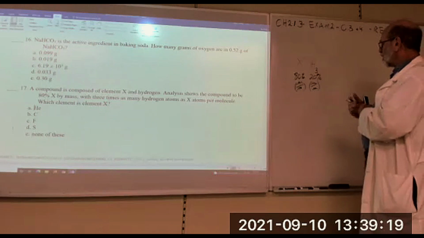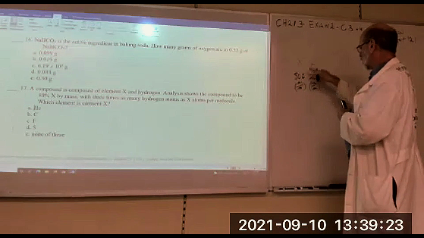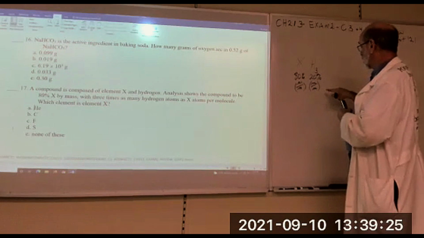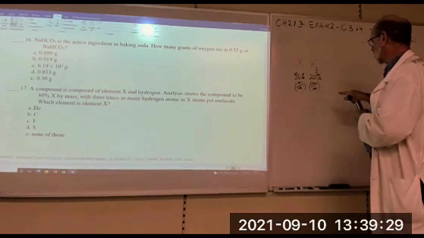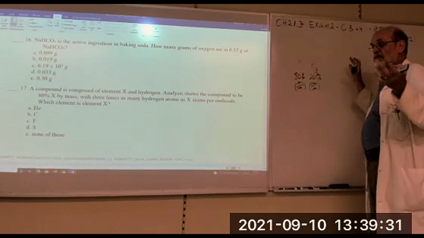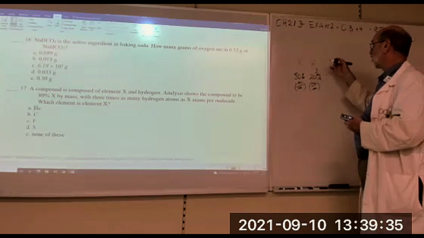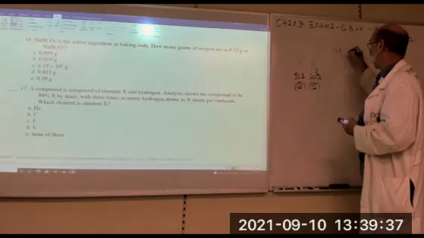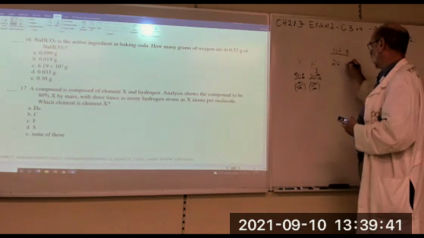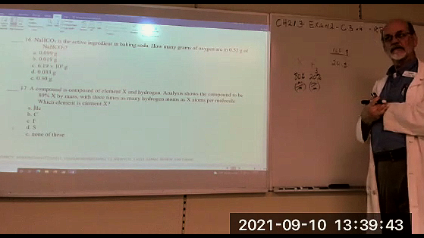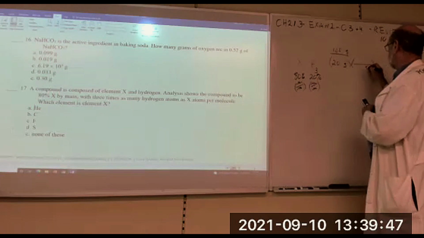So if we know that this is 20% hydrogen, 80% X, then for the total mass, let's just say we have 100 grams. If we have 100 grams of sample, how much hydrogen do we have? We have 20 grams, correct? Okay. Then 20 grams of hydrogen,